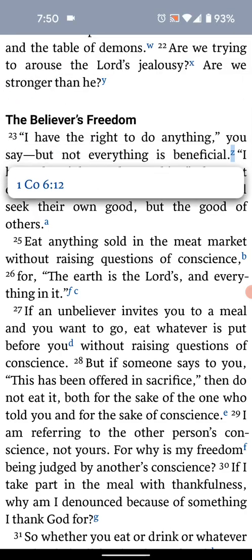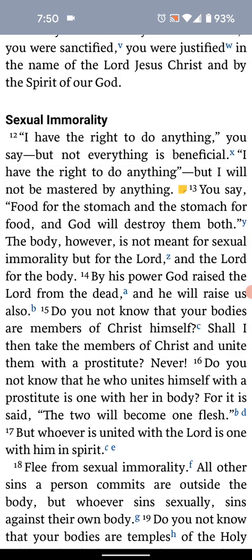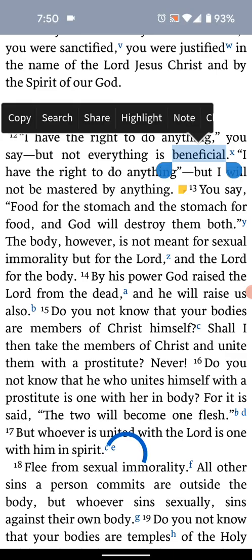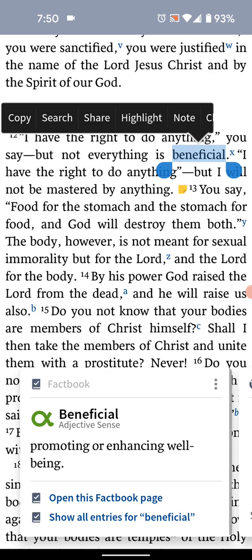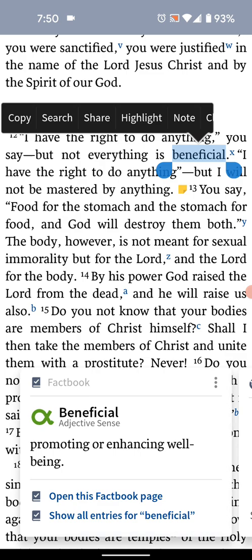Now I'm going to go back to 1 Corinthians 6:12 where we started. And again, I just had the verse pop up, then jump to the reference. But this time, I want to see even more verses where this particular word is used. And so I'm just going to hold my finger on the word beneficial till it's actually highlighted. Then down at the bottom, you have this fact book open up that tells you the general meaning of the